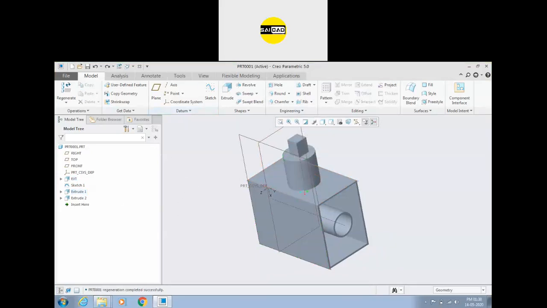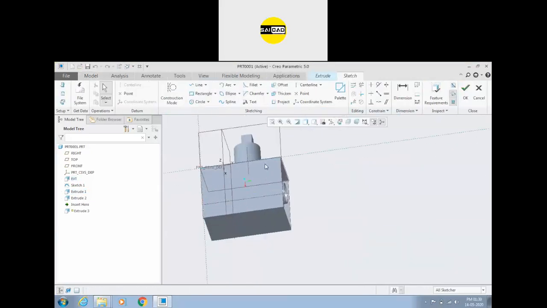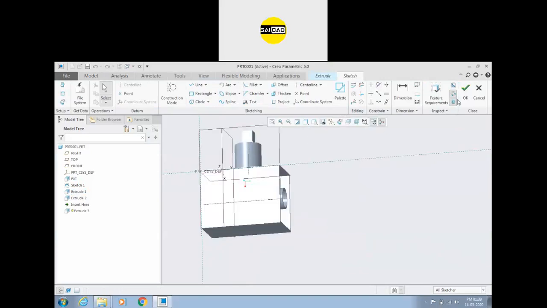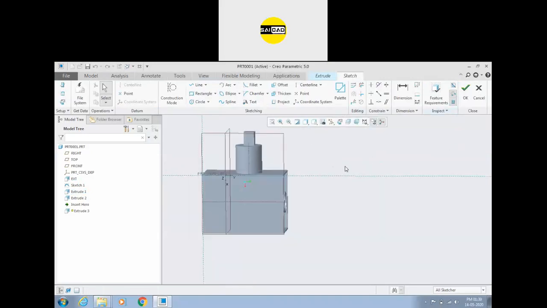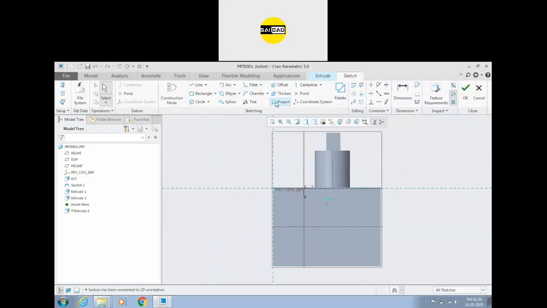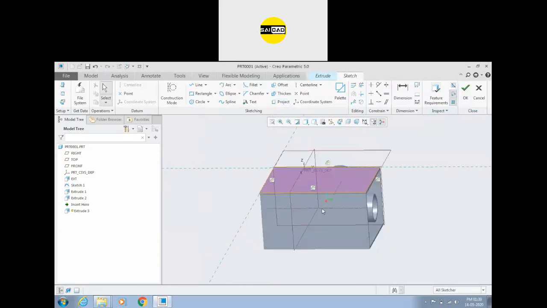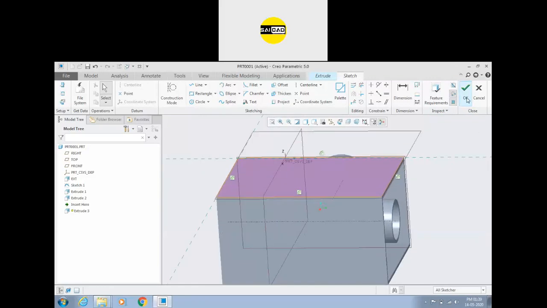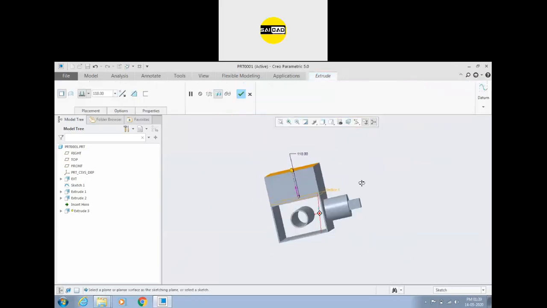So the question is, can we extrude the face of an object? We cannot. If we need to extrude the face, we have to create something. We can always convert the face into the sketch. We have an option here, project. We can select the loop, we can select the chain, we can select the single loop. We are going to select the loop. Like this. We have selected the edges, all the edges are in the sketch right now, and just click OK and you can extrude.